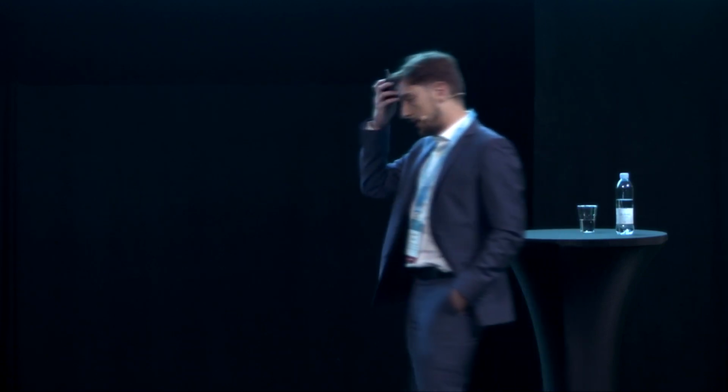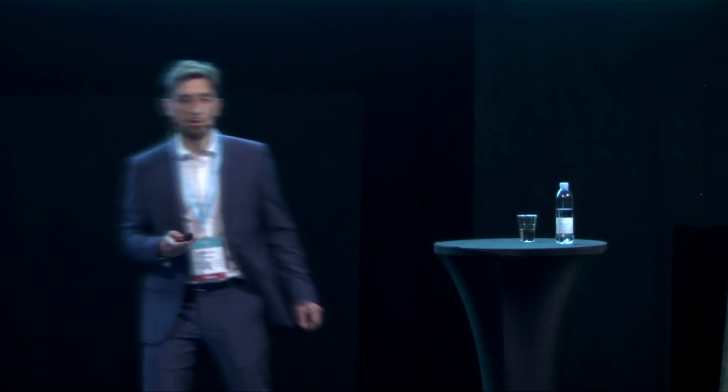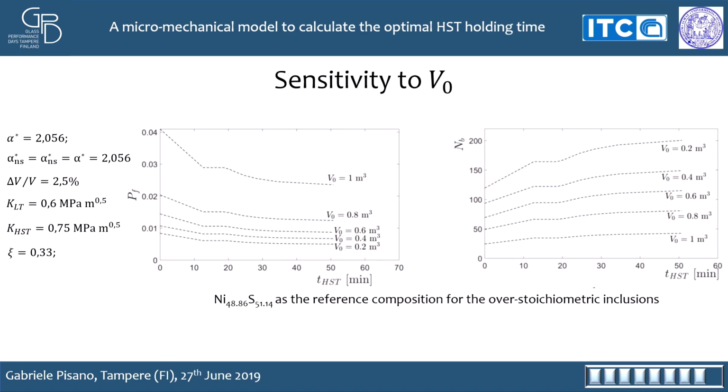And finally, I analyzed the sensitivity to V0, that is the volume that on average contains one inclusion. The model is strongly affected by this parameter, as you can see from the graphs. And this means that it would be very important to make an orderly collection of the existing data to accurately define the value of V0 and consequently to precisely calibrate the parameters of the Pareto distribution for inclusion sizes that are at the basis of the model.